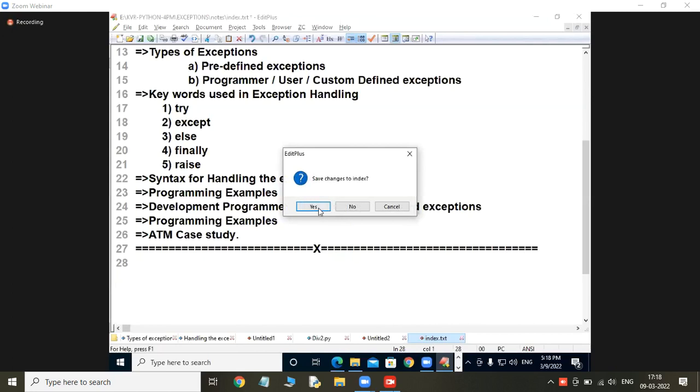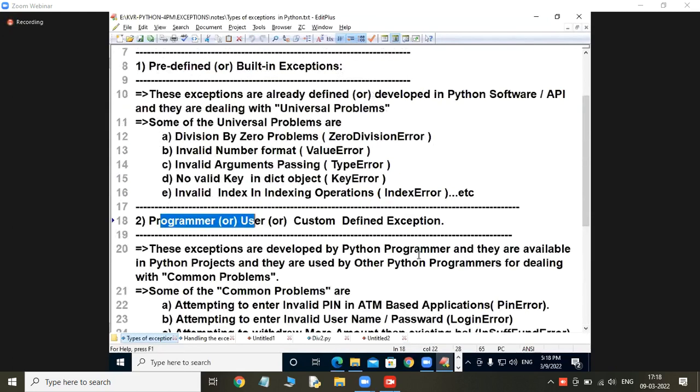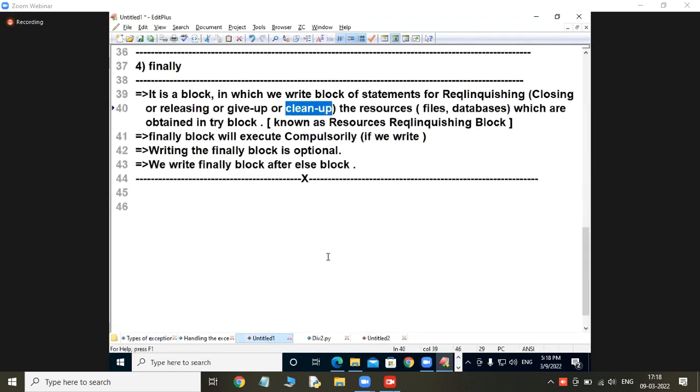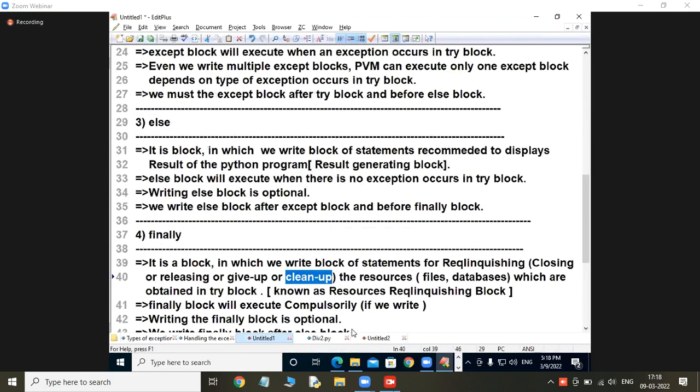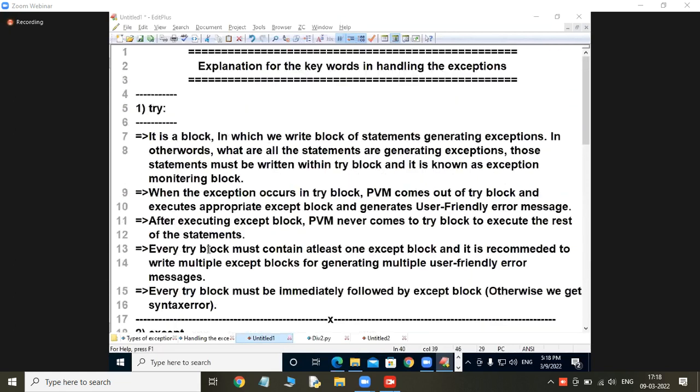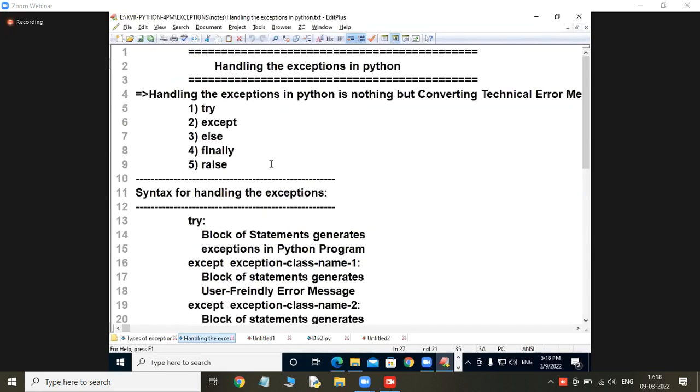Right. So coming to the next part of the continuation. Are these keywords clear, students? First of all, you tell me. Confirm that, then I will go to the next part. Kalyan Kumar, definitely I will explain. So be online so that I can explain that part. Fine. The finally block and these things are there, and related to that, one keyword is also there. Which keyword is there? That raise, I will explain separately, with the programmer defined exceptions. Nothing to worry.